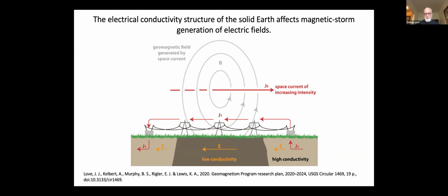And if you happen to have a power grid deployed across an electrically resistive rock structure, the current won't so easily flow through the earth, but could take the path of least resistance, which might be right through the power grid system itself. And this really is the source of the problem. These are uncontrolled, quasi-direct currents. They're changing, but on a time scale slow compared to the alternating current that the power grid system is designed for, and that causes problems.